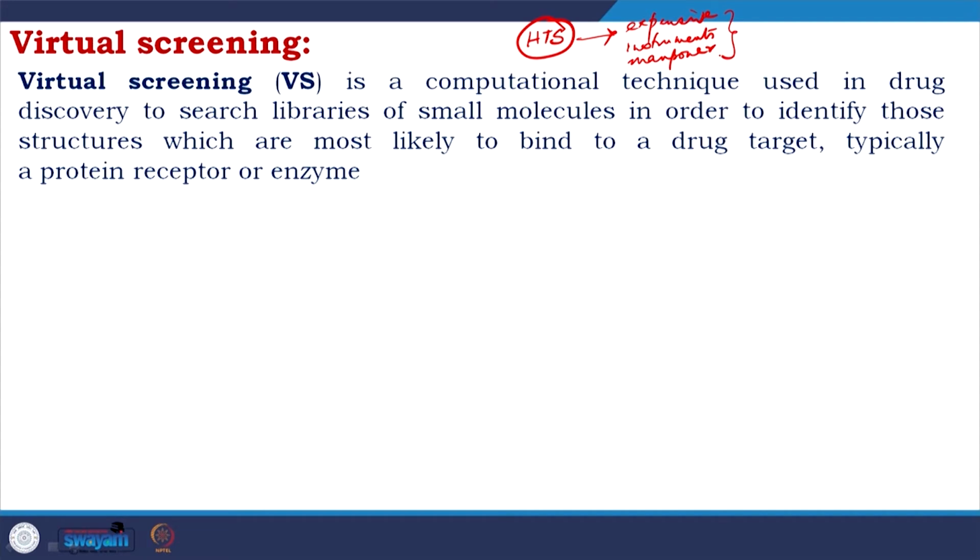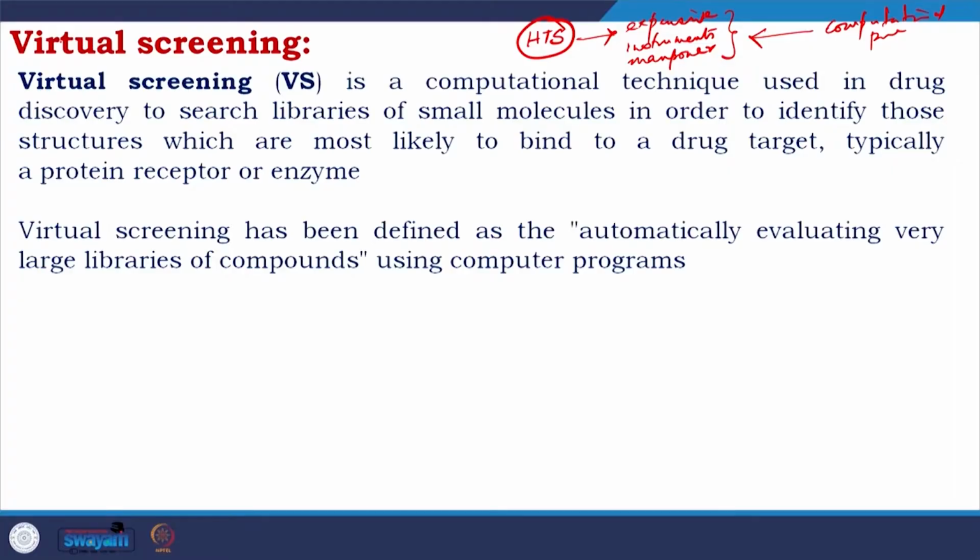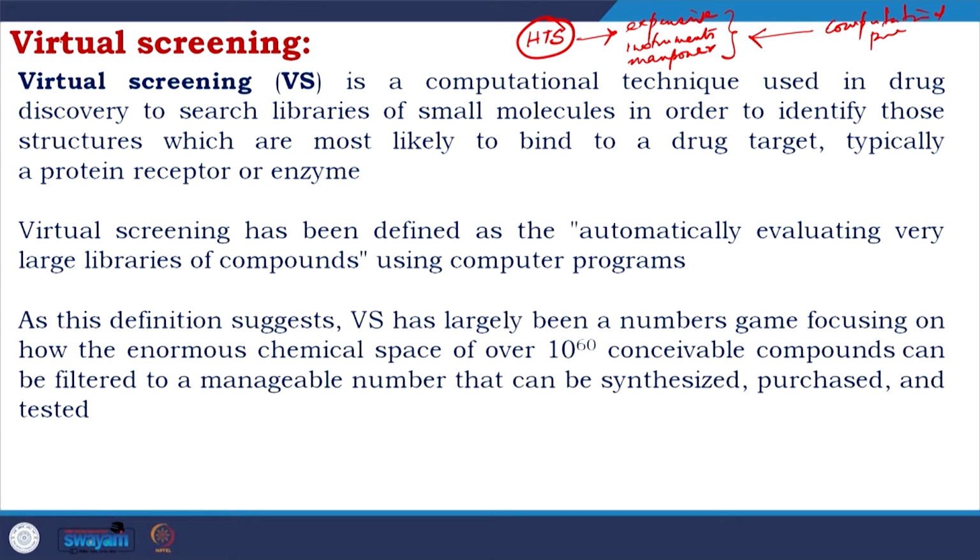So, people started understanding the process of high throughput screening and tried to replace it with a computational process, and that is called virtual. You do the screening in a virtual world, that is why it is called virtual screening. Virtual screening has been defined as automatically evaluating very large libraries of compounds using computer programs. As this definition suggests, virtual screening has largely been a numbers game, focusing on how the enormous chemical space of over 10 to the power 60 conceivable compounds can be filtered to a manageable number